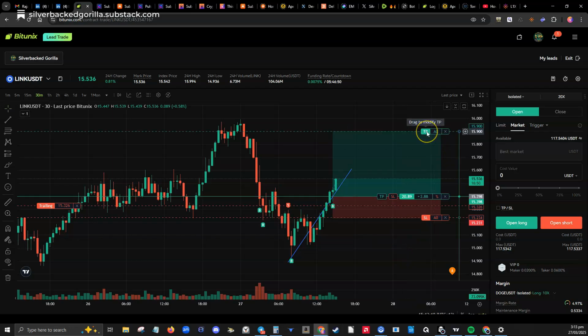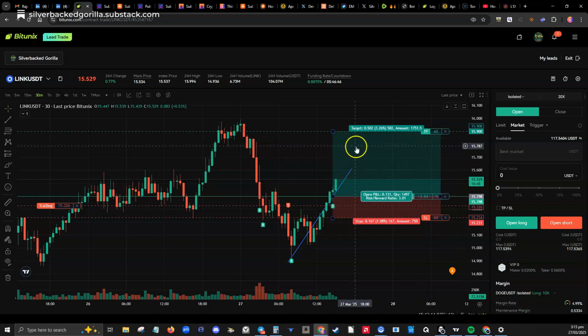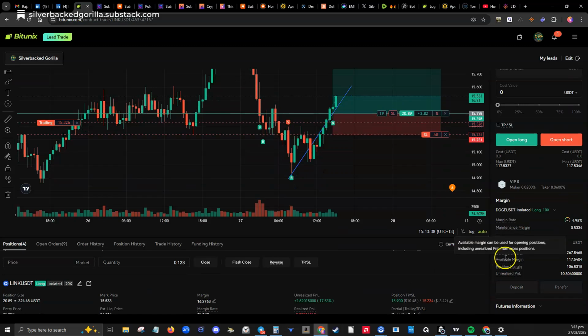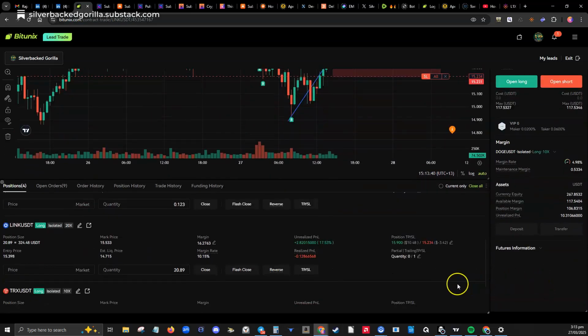I will leave the take profit up there because sometimes it'll come up and almost hit it and then start coming back down, and you come back here and your profit's gone, and you've left all that profit on the table. So that's why I like the trailing stops. I want to set this up so I don't have to watch it. I want my cake and eat it too. I don't want to be sitting in front of computers watching charts.